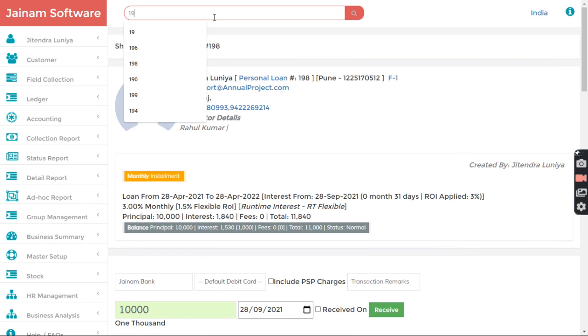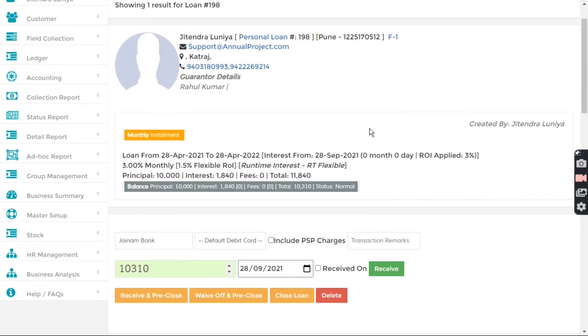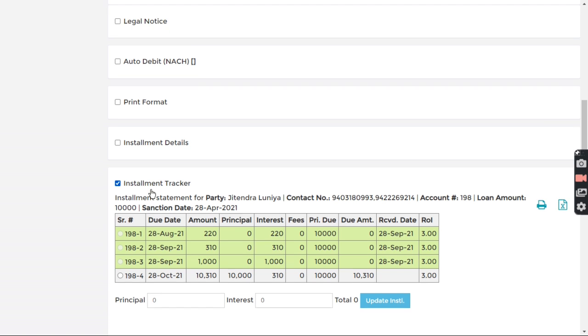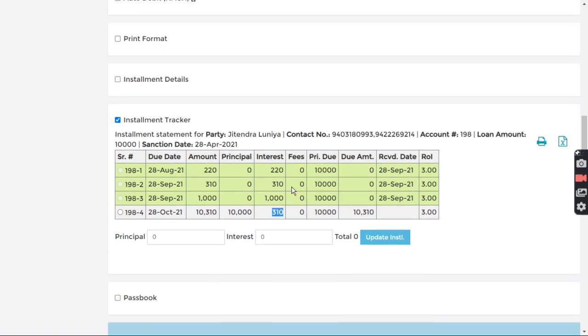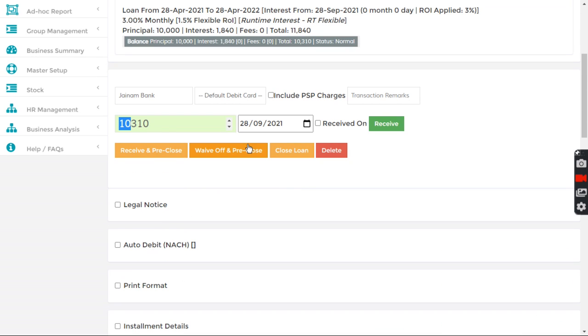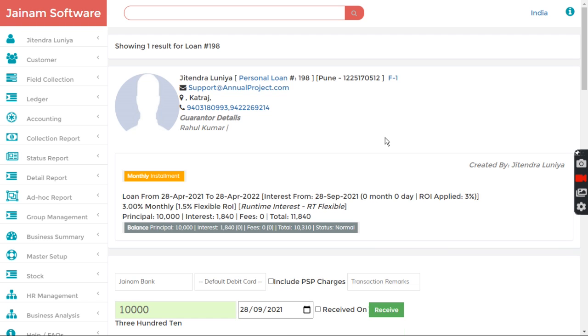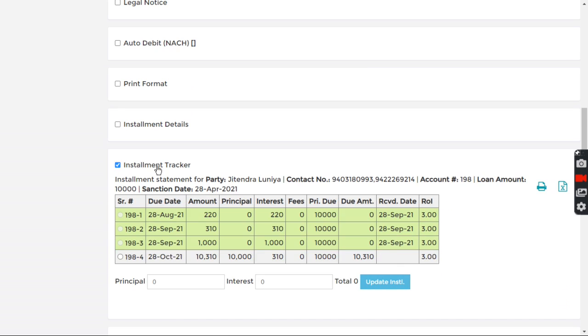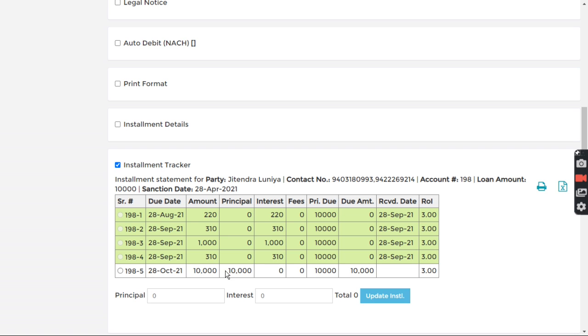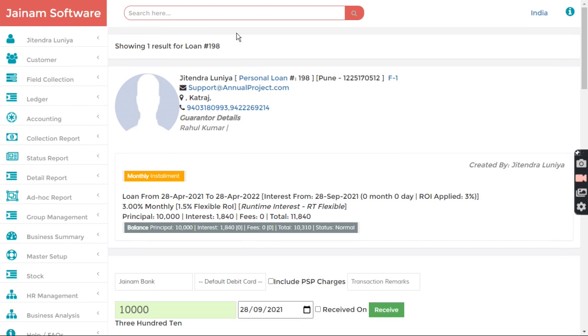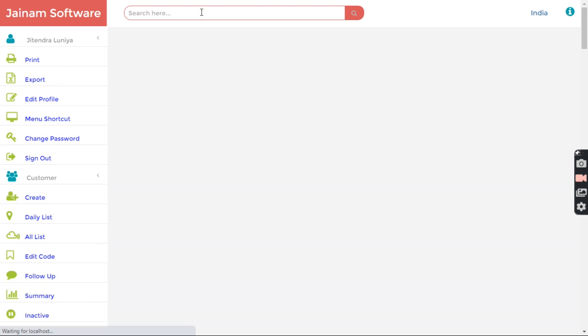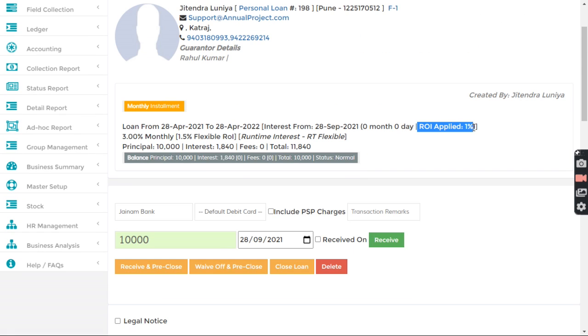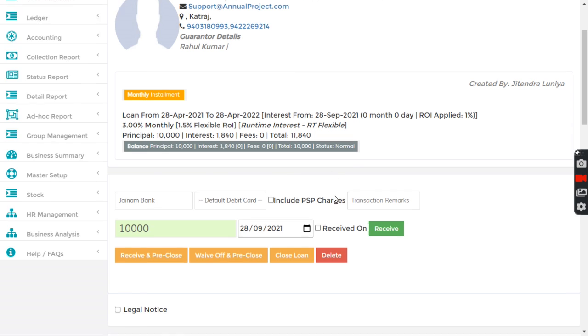And now if we calculate 198, 310 is still interest calculated. Now rate of interest is 0, so it should calculate the 1% rate of interest is applied now. Okay, so this way the rate of interest will get calculated here.